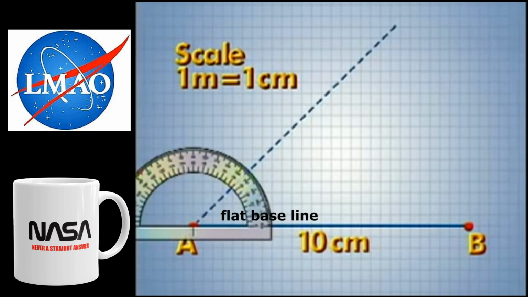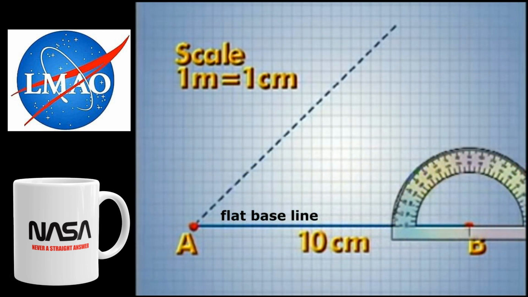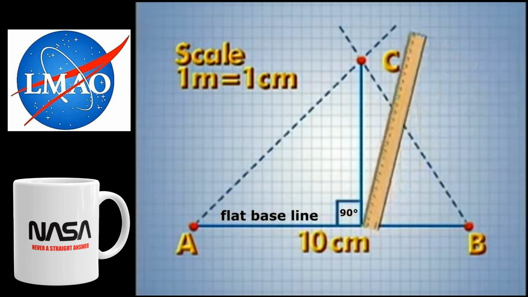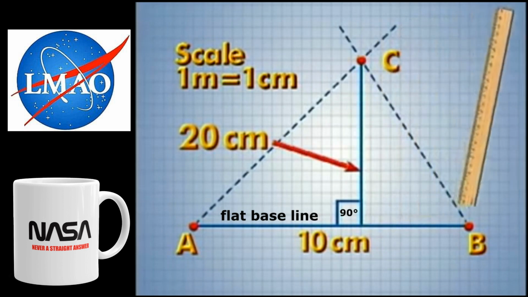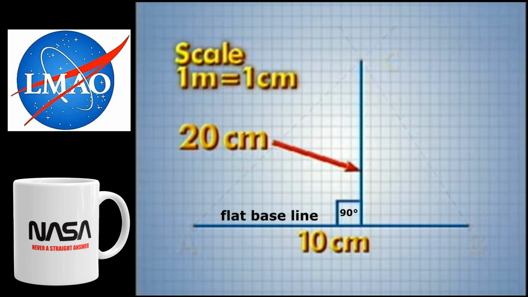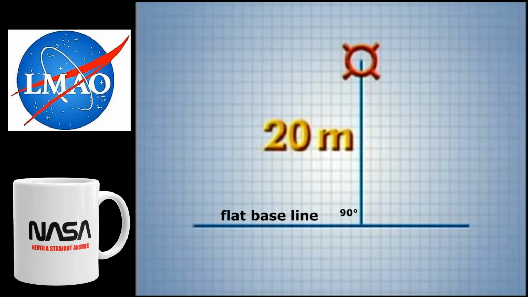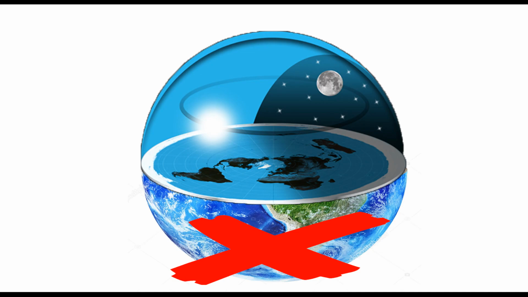At point B, we do the same thing. Now measure an angle that is the same number of degrees as the angle we measured outside for point B. As you can see, the two lines intersect. We mark the point of intersection as point C. Now we draw a line perpendicular from point C to the baseline. Using our metric ruler, we can measure the distance of this perpendicular line. Finally, using the scale 1 meter equals 1 centimeter, we can approximate the distance the actual object was from the baseline. For our case, the object is approximately 20 meters away. Yep, there you have it.